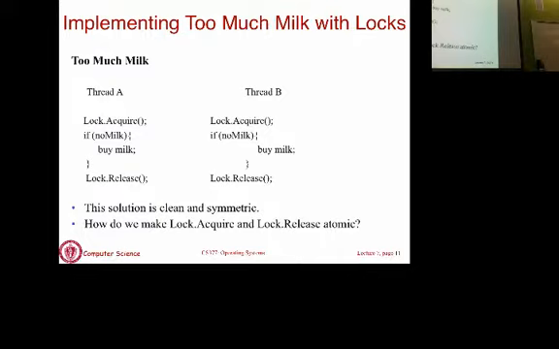Okay, so they cannot do any harm, they're just waiting. Okay? And thread B is going to do the same thing. So now it doesn't matter what the scheduler does anymore. Okay? You could acquire a lock and then your time slice may expire and something else may run. But when something else, in this case, if it happens with thread B, this cannot even go inside the critical section. You will block them until you call lock release. Okay? Because that's the property of a lock. Once you acquire the lock, all other threads that call lock acquire will be blocked at that first stage. You will only be able to enter one at a time after some other thread has called lock release.